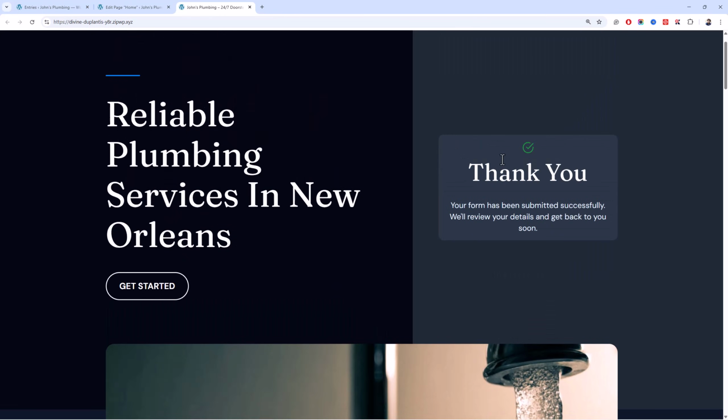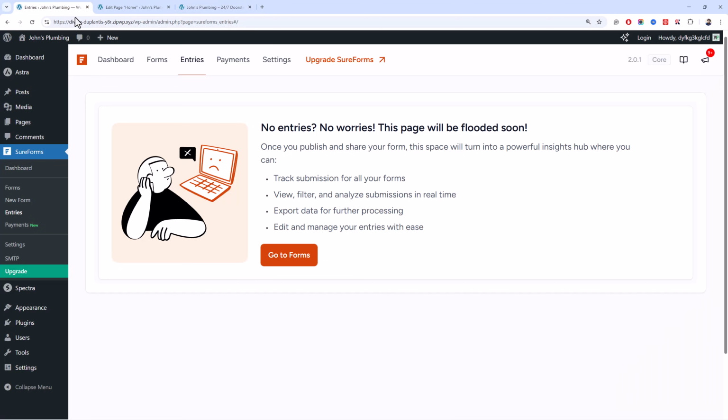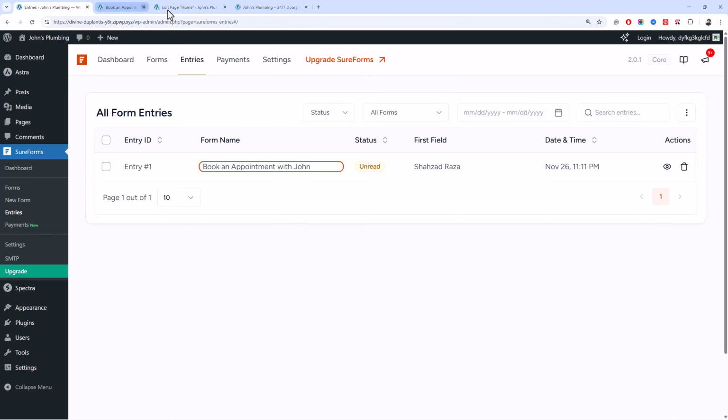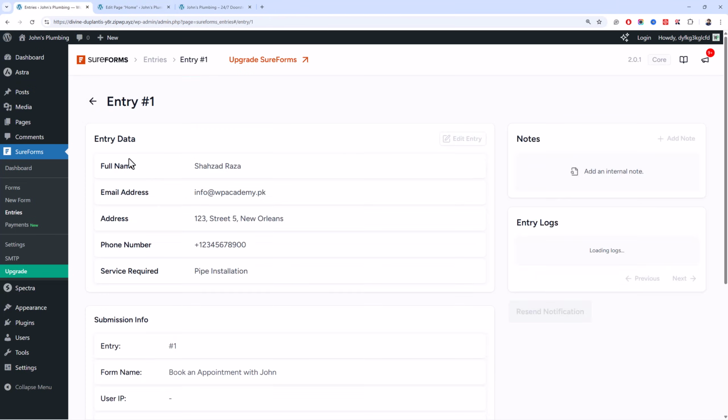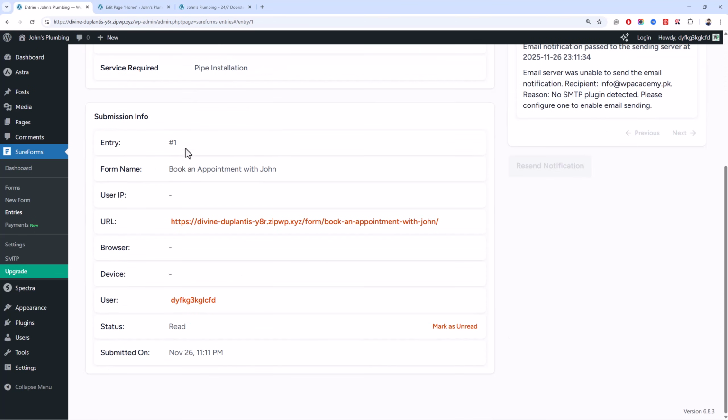The form is submitted, and a beautiful thank you message is displayed over here that you can customize from the form settings. Now I'll just reload this entries tab and see we have a new booking entry over here that you can view clicking on the entry link, and you can see all of the information is available over here.